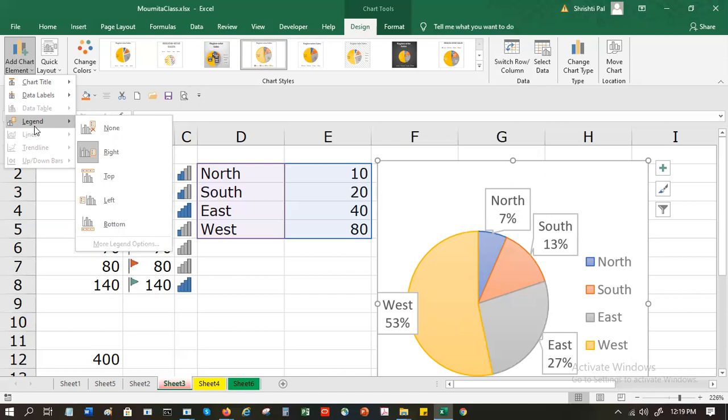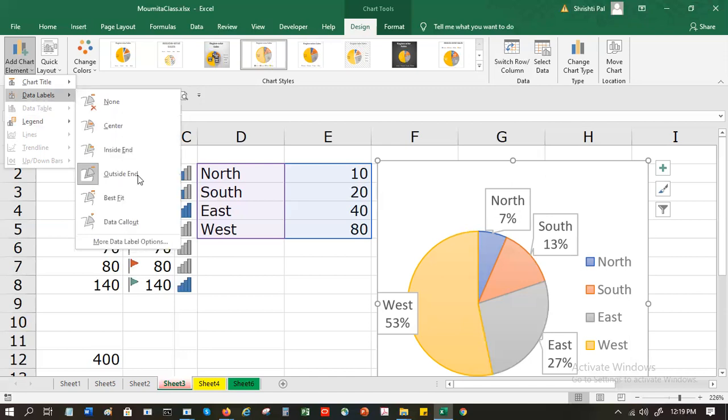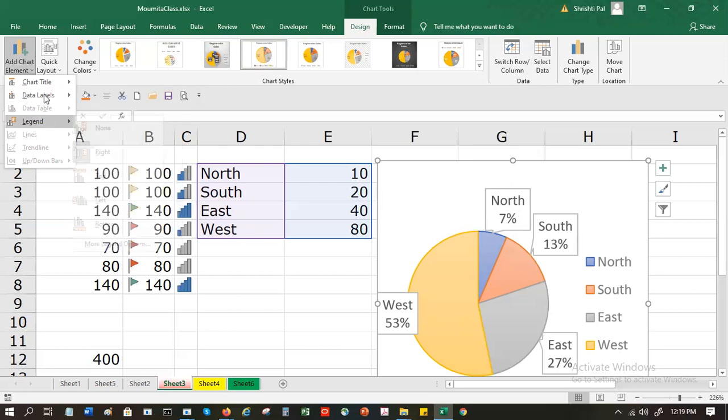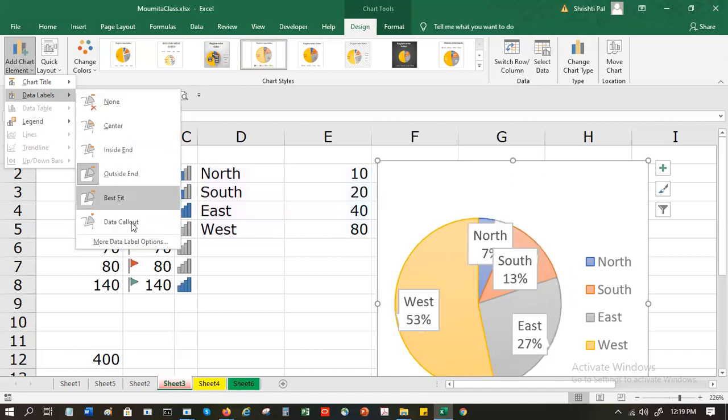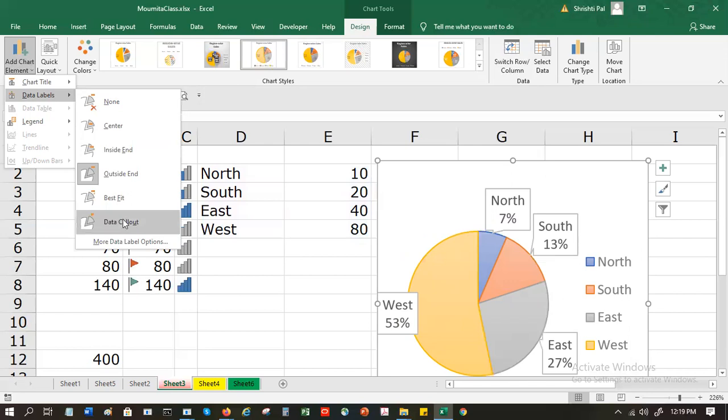And how did you do the four boxes like north, south, east, west? This one is called the legend. This one, these boxes you see, are actually coming from these outside end. These are called the call outs. Data call out.